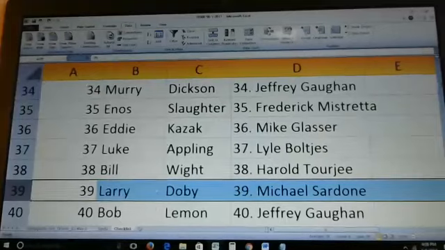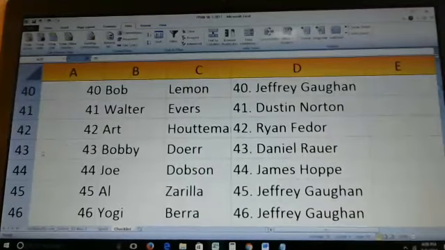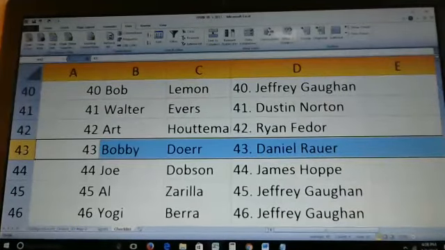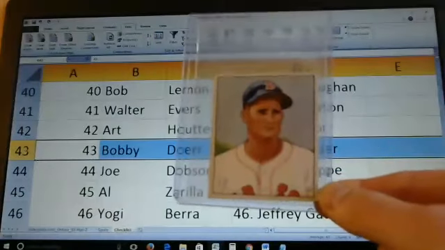Next up, we'll look at card 43, which is Bobby Doerr. And there's the Doerr card.